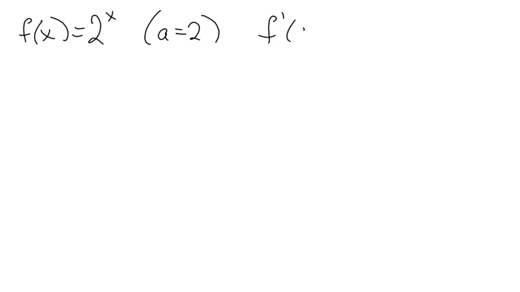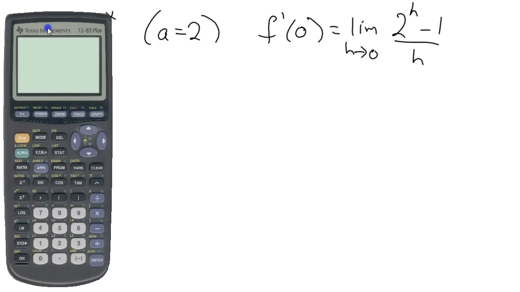Okay? So first, let's look at, say, f of x equals 2 to the x. So I'm saying a equals 2 here, and then f prime of 0 would be the limit as h goes to 0 of (2 to the h minus 1) over h. How are we going to find that? Well, let's just approximate it with a calculator. We can certainly get a pretty good approximation by just putting in a small value for h. So let me bring up my trusty calculator here. So what I want to do is approximate this limit by putting in a really small number for h. So let's say this is approximately